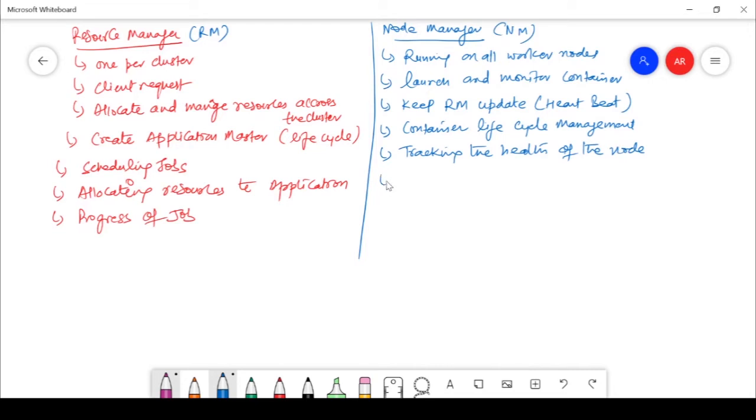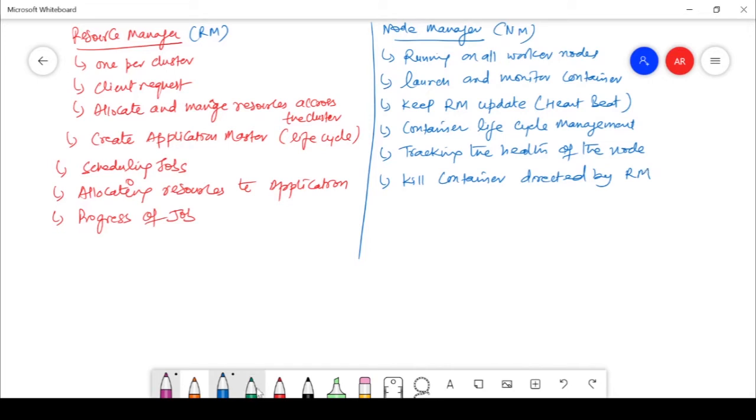Apart from that, it kills the container once the job is done, as directed by the resource manager. Once the task is done, the resource manager will direct the node manager to kill the container, because that container is now needed by a newly allocated job.